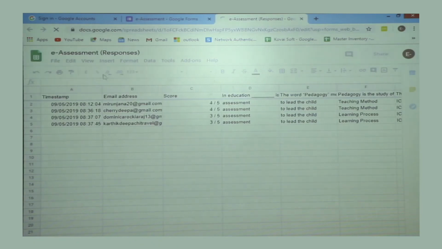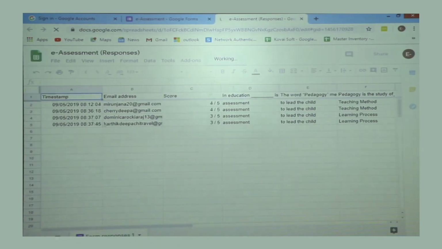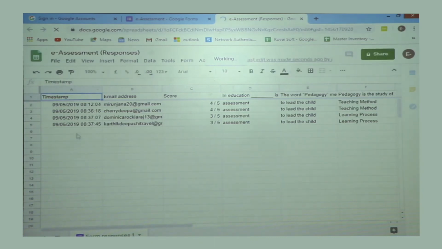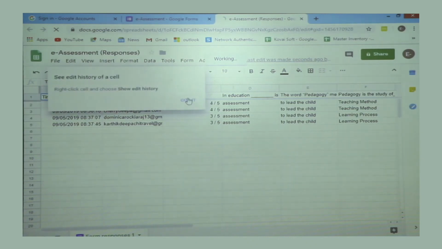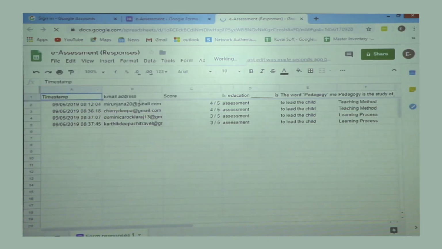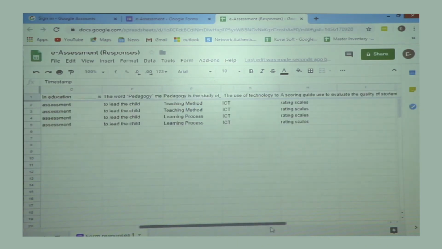If you click this, it will go to the Google spreadsheet where you can see the time stamp of when the students attended. The students can't lie anymore, because the timing and date will be shown here. You can see when the students attended the test. Here the email address will be shown. If you ask for a name, it will be shown here, the score and the response for each and every question.